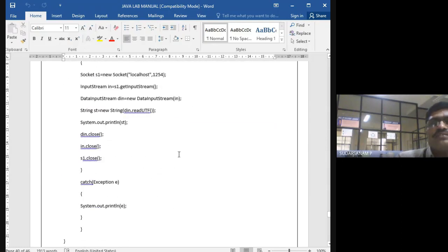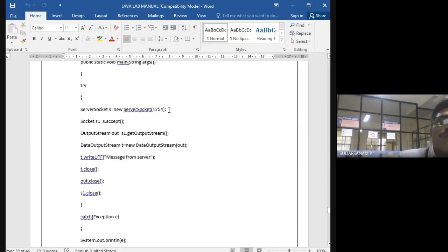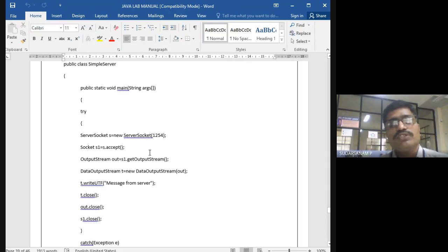This number should be the same, 1254 on both sides. Once you write ServerSocket 1254, now you create one socket, S1 dot accept. Whatever you are requesting from the client should be accepted here.